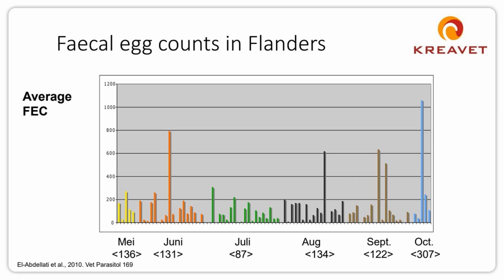And this is just an example from Belgium, a study conducted at Ghent University, where we visited farms across the different months. But actually, as you can see, there was not at all a clear summer peak, and rather most of the high EPGs were observed towards the end of the second half of the grazing season, rather than in the middle, as we would normally have expected.